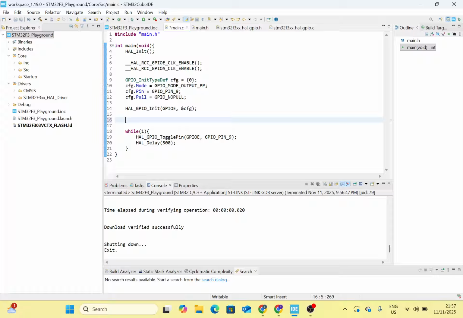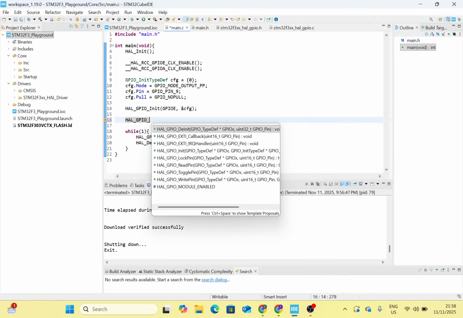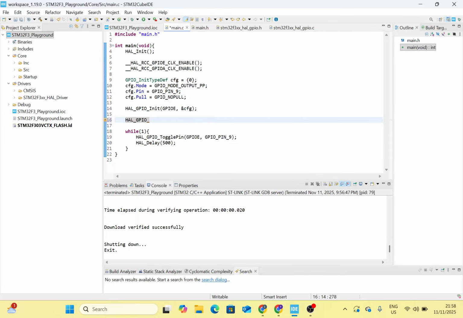I'm not going to run it, I'm just writing the code so you see. So HAL GPIO deinit, and then again you give the port, and also the pin. So GPIO pin 9. This essentially is going to de-initialize that GPIO pin, and is going to reset it to the default mode,